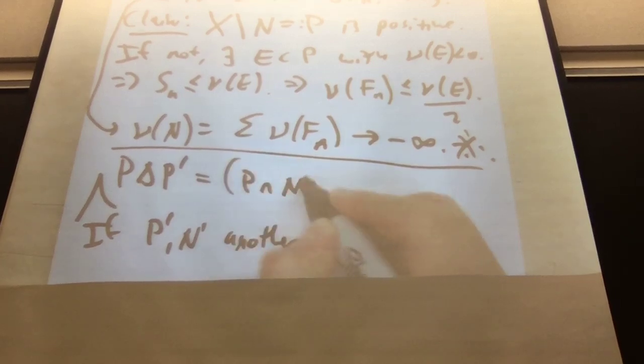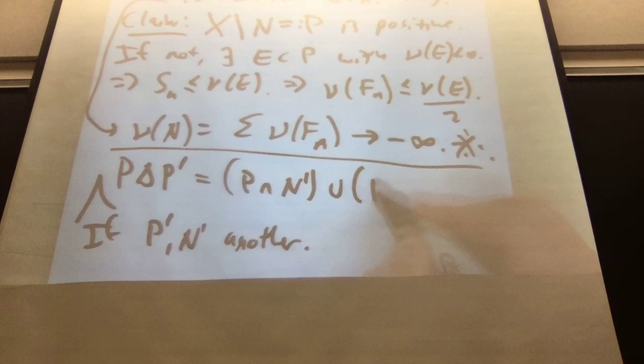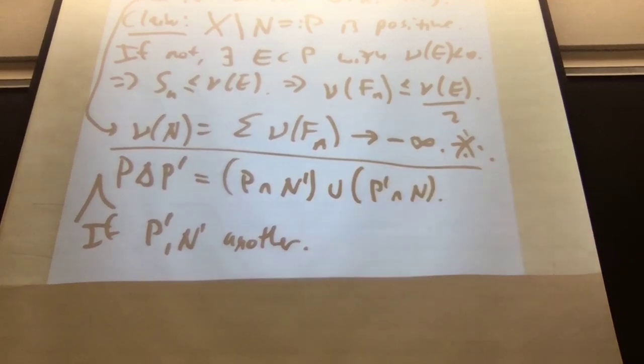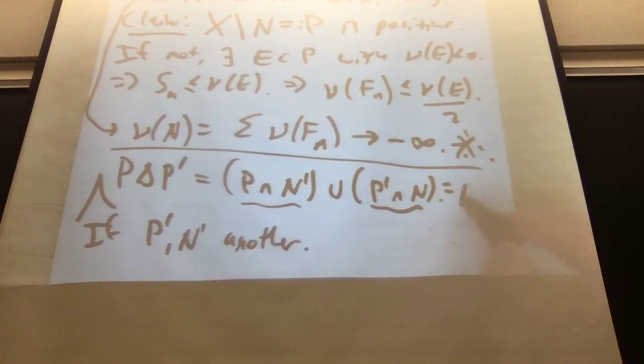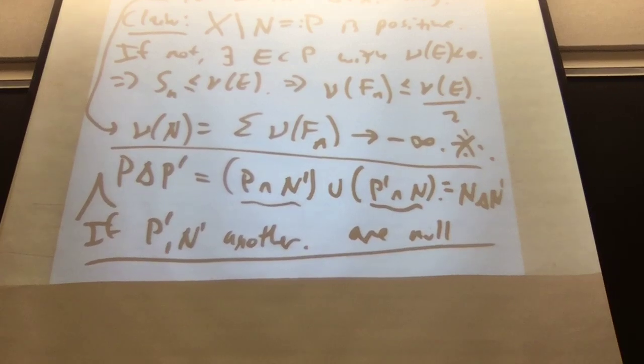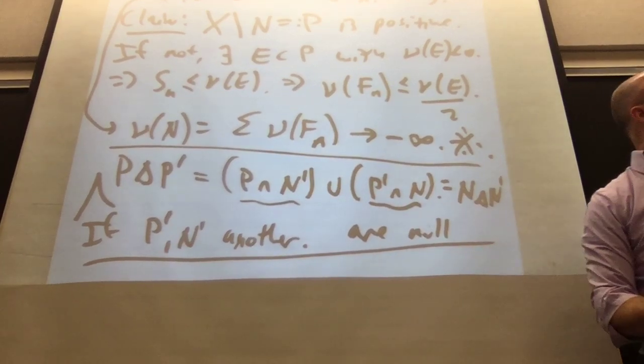It's P intersect N prime or P prime intersect N. But anything in here is both positive and negative, and hence null, and anything in here is positive and negative, and hence null. Okay, and this is also equal to N symmetric difference N prime. These are null. All right, that is the Hahn decomposition theorem. That is where we will